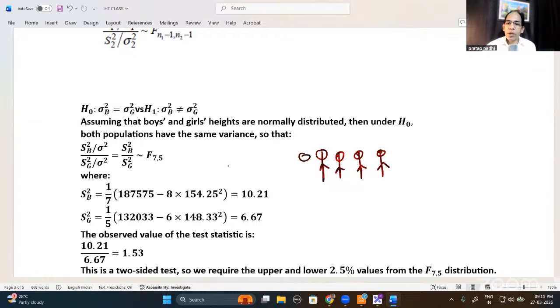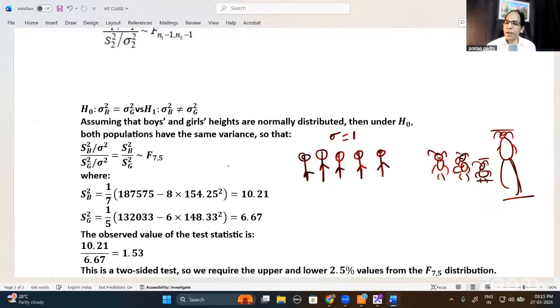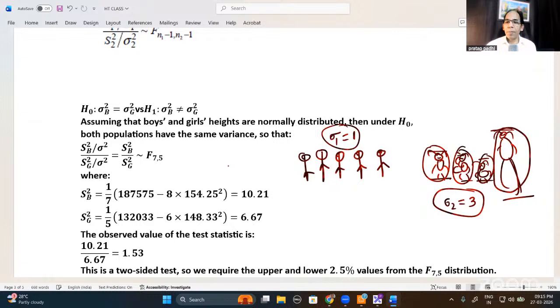So if you see the standard deviation is very low, suppose 1, I will write this for boys. For girls, I will write this. So if you see the heights here, I'm not interested in the variation in heights. See, there is a lot of variation in heights. Here probably sigma 1 is 1, sigma 2 is 3. So they are not the same. But can you see this kind of students normally? If you see it in 2 or 3 students, that's fine. So you are checking whether they are equal or not.